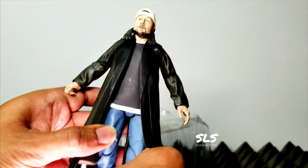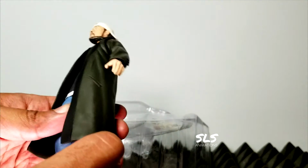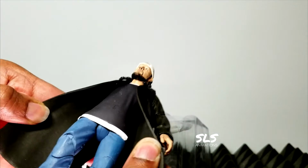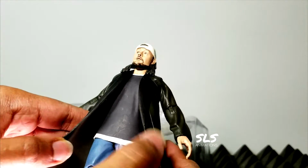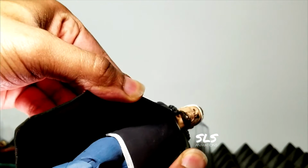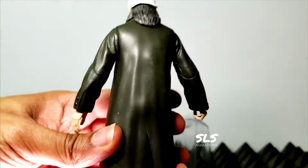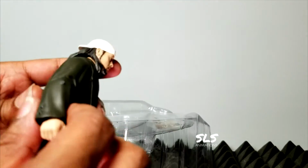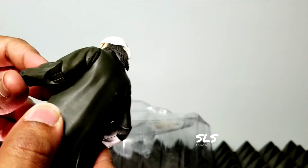Big giant trench coat, just like the movie, very reminiscent. But as you can see, he's definitely slimmed down in there with the big black tee on. Big solid jacket. It's kind of got a green tint to it. I always thought this jacket was kind of black, but you know, the movie was black and white originally, so what do I know? Of course that was Clerks, but